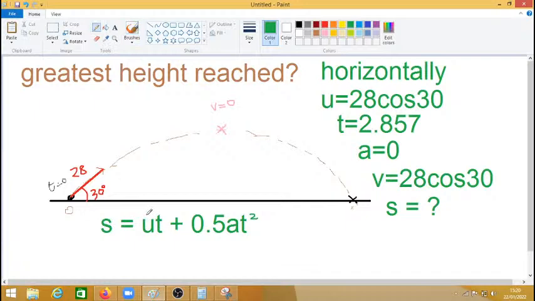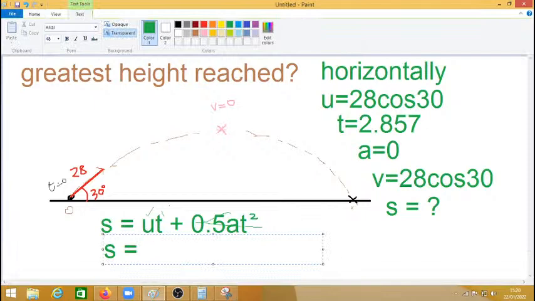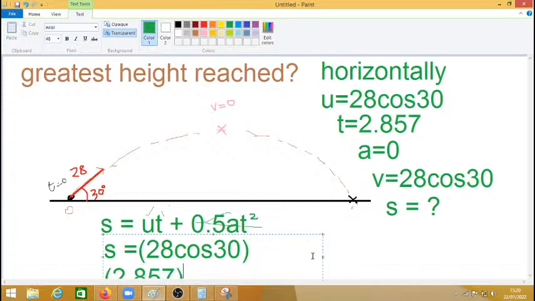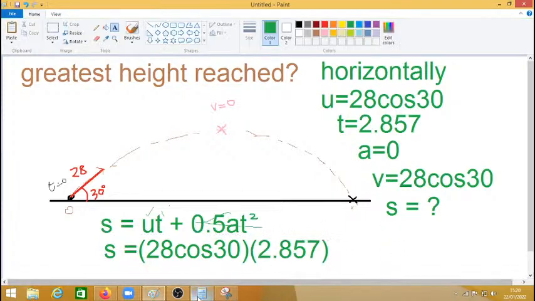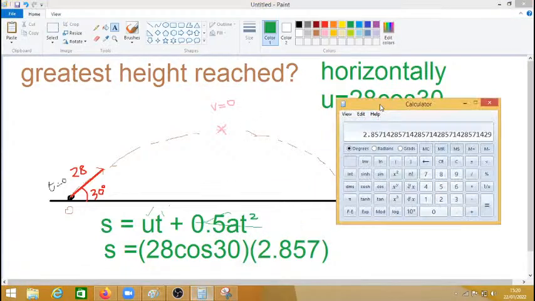So the S is unknown, the U is known, it's 28 cos 30. The time is known because we worked it out before, 2.857. Acceleration is 0, so that means that is all going to just become 0. So we're left with S is equal to 28 cos 30 times by t, which is 2.857. So if you type that into your calculator, that'll give you what the distance is